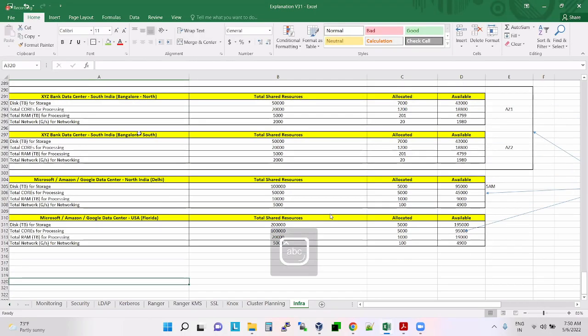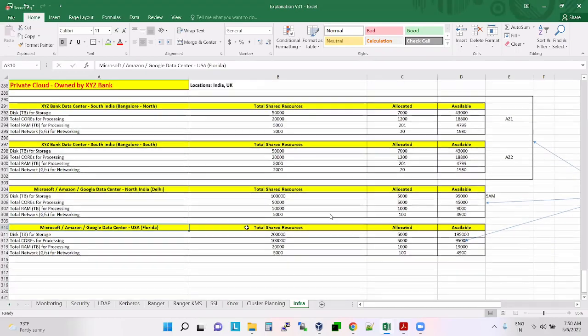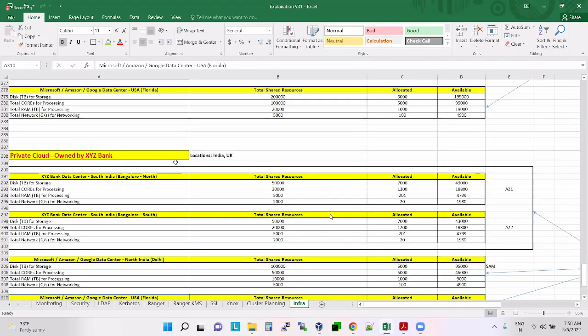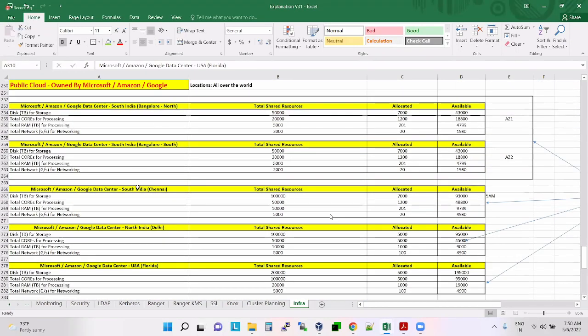Here, Bangalore North, Bangalore South, Delhi, this is South, this is North, then USA. So only these places. UK, London, China.